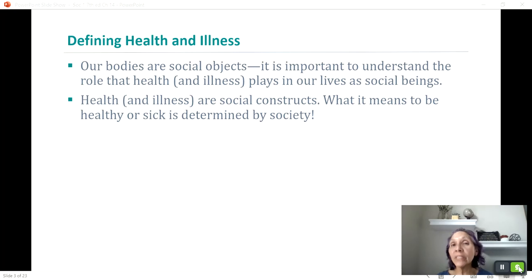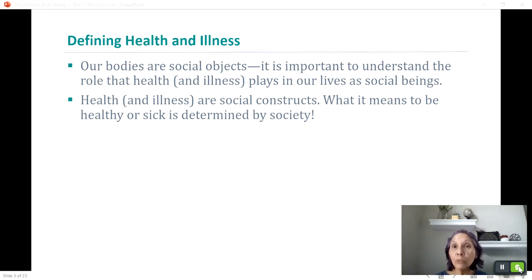The same is true with illness. What does it mean to be ill? Now, some things are readily identifiable. If somebody is coughing and sneezing and looks like hell, well, then it's probably easy to say, okay, well, that person's ill. But how many of us have seen someone get out of a car that the driver just